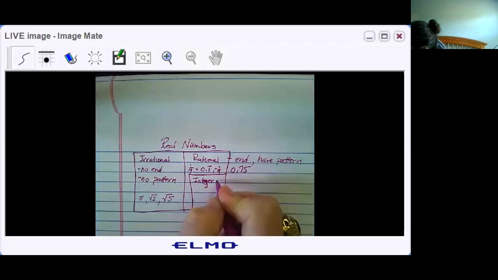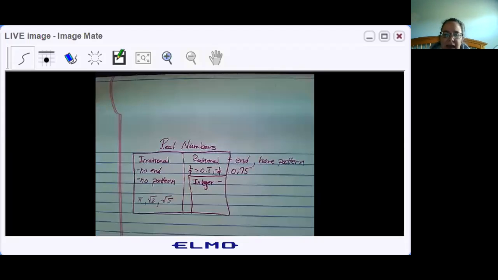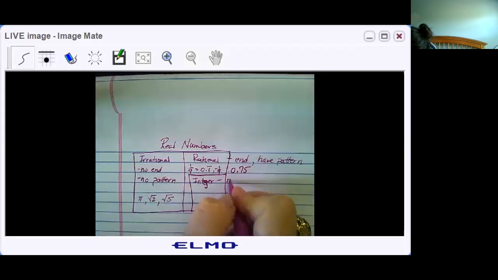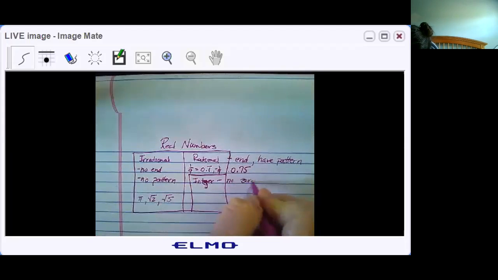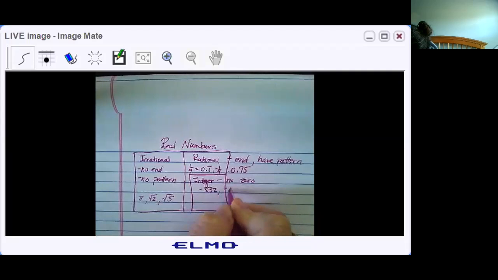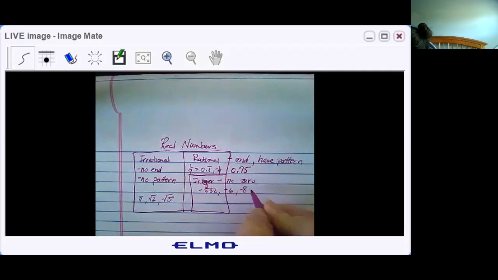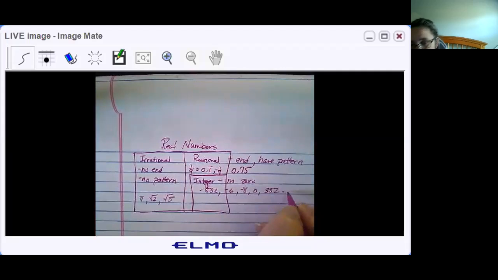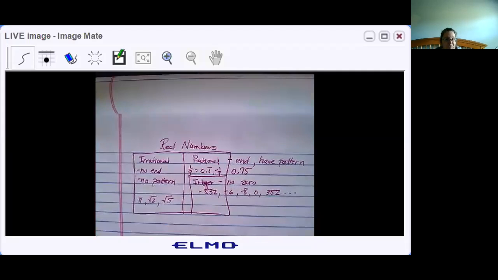So the one thing that an integer doesn't have that a rational number does have is a decimal. So it could be negative, like negative 532, negative 6, negative 8, whatever. It could be 0, it could be 352, it could be any number as long as it's a whole number,